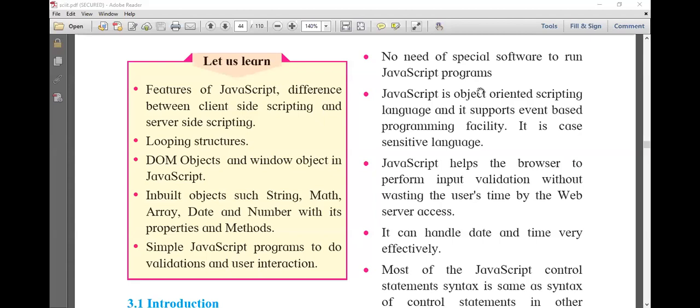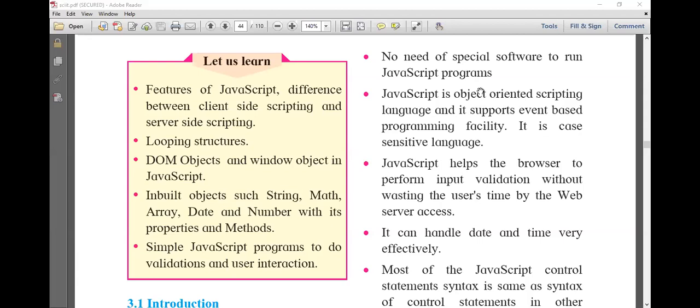We don't require a server interface to execute client side scripting, so to execute JavaScript we don't require a server. So JavaScript is a purely client side scripting language. Never make this mistake.